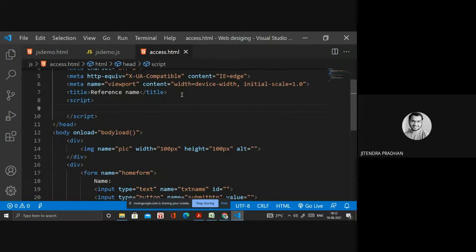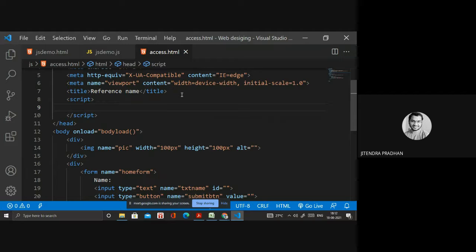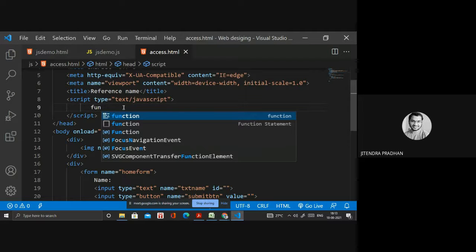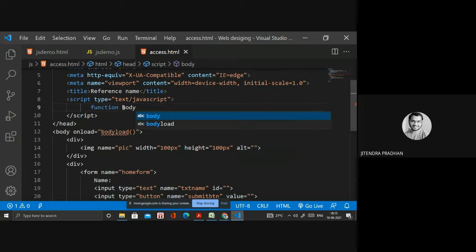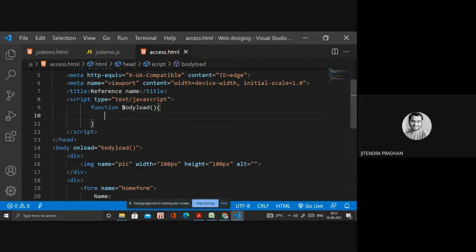Inside that, I need the mime type, text by JavaScript. Okay, done. It's the mime type. We have to write inside that, and I will add a function, body load. Body load is my function. In that, I have to access by using the reference name. Let's see how.